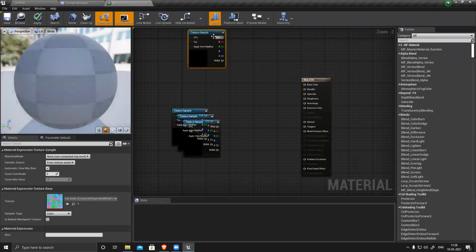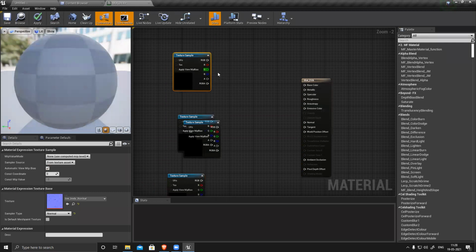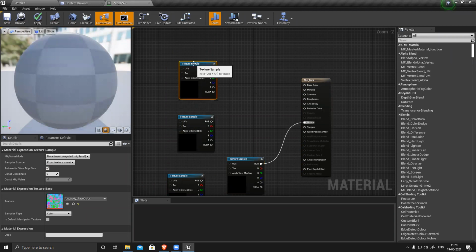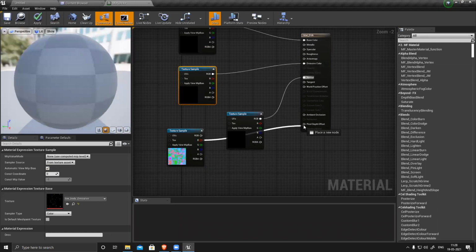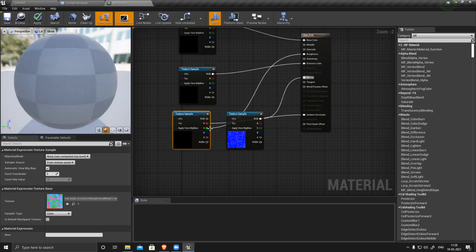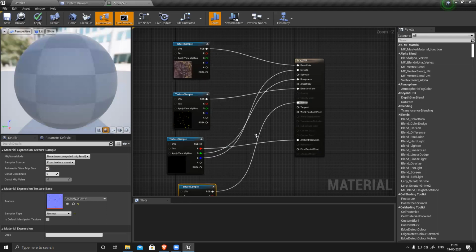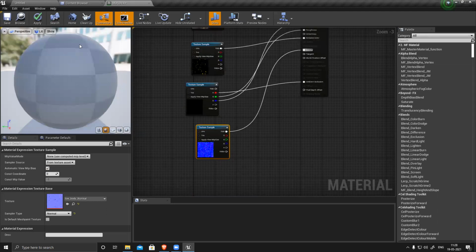Now this is your ARM map. Normal map, normal to normal. Color to color. Emissive to emissive. Ambient occlusion. Roughness. You can see red, green, and blue channels connected. All connected. Material is ready. So it will give you these colorful things. Apply. So it's ready.